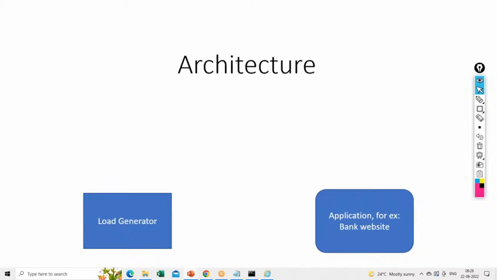You need a component which will help you to test the functionality. For example, what are the critical functionalities in a bank application, guys? Let's say the first critical business functionality in a bank application is transferring money. That means users should be able to transfer money, which is the most critical business transaction. If you want to test the performance of this, how fast a user is able to transfer money,